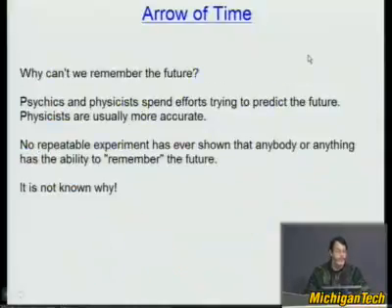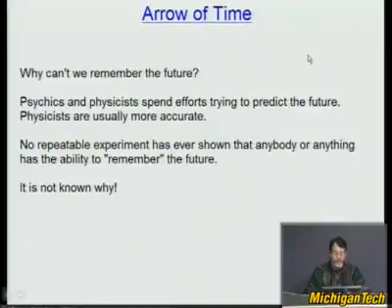Why can't we remember the future then? If all these physical equations look the same backwards and forwards, if every movie looks the same, how come we can't remember the future? Now, psychics and physicists spend significant effort trying to predict the future. My experience is that psychics are wrong a lot of the time, unless they're really vague. Physicists make actual useful predictions, such as how strong you can make your building, how many people you can have in your building, and how fast cars can go, as opposed to who's going to get married.